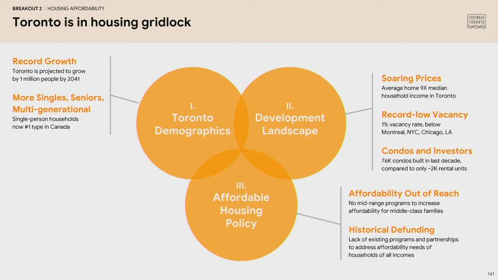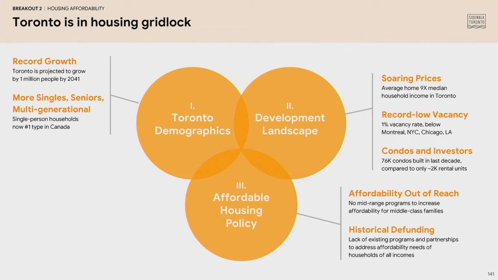So to start off, I thought it would be important to talk about the dynamics that are at play in the Toronto housing market today. Many of you feel this on a day-to-day basis, and if not you, your family members are probably in some phase of what we have termed the Toronto housing gridlock. That means that it is difficult to establish a household, whether you're a young person trying to rent an apartment separate from your family for the first time, or if you're trying to make that leap into home ownership. Both of those stages and everything in between, moving around and transitioning housing, is difficult here. And the reasons for that are driven by these 3 main factors.